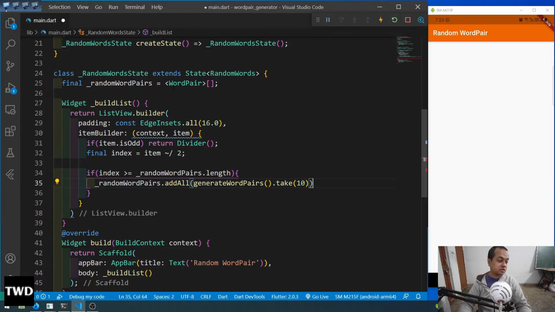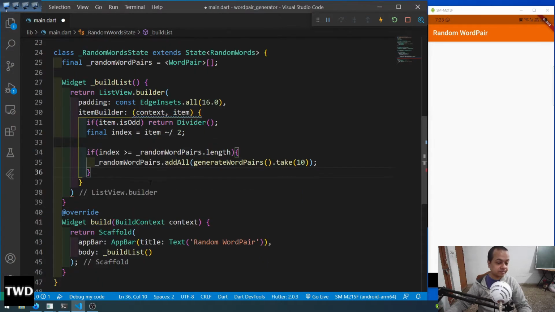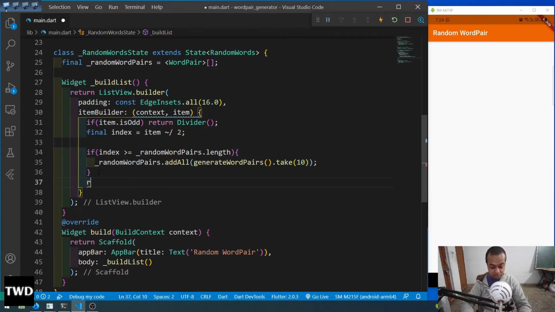So generate word pairs. If we are exhausting our 10 words list, which is an array of strings actually, then we will generate more words. And how we're doing this, we're tracking the index. And what we are doing here, we are having a divider also, but we don't want the divider index to be added here. So for that we are doing this. Okay, so after that it's still giving me an error because of this. So see, these small errors are also caught. Okay, so after that I have to return something here, return,